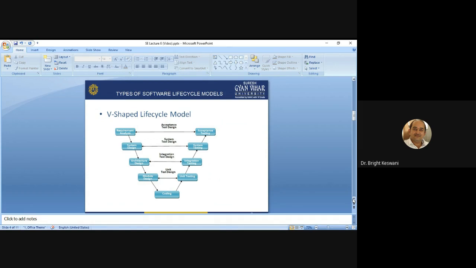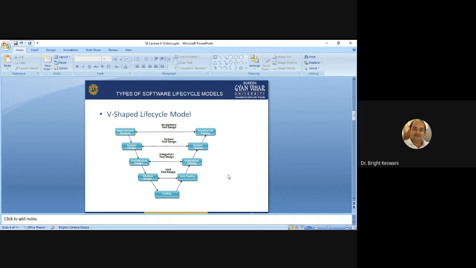This is the illustration of the V-shaped lifecycle model. Traditionally, the models used for the software development lifecycle have been sequential, with the development progressing through a number of well-defined phases. A V or waterfall diagram usually represents the sequential phases.